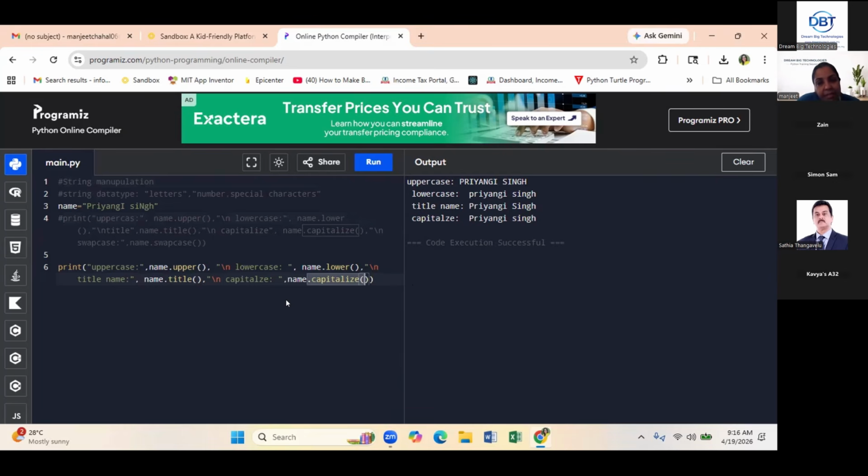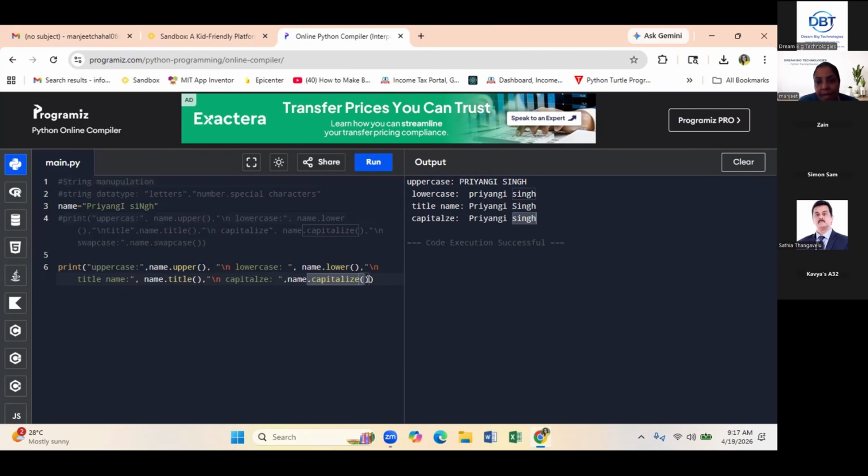Yes, making sense. It's very important. In interviews, they ask these questions: what is the difference between capitalize and title? Title will capitalize every word's first letter. Now see, Priyanka P is capital, Singh S is capital. But capitalize is doing what? Only the first word's first letter is capital, and for Singh there is no change. Got my point?